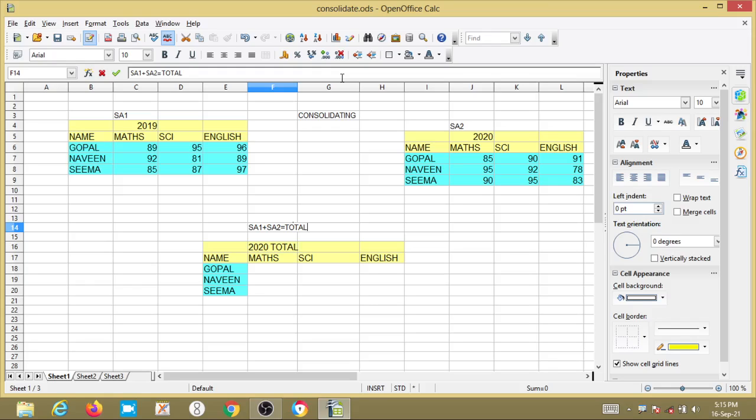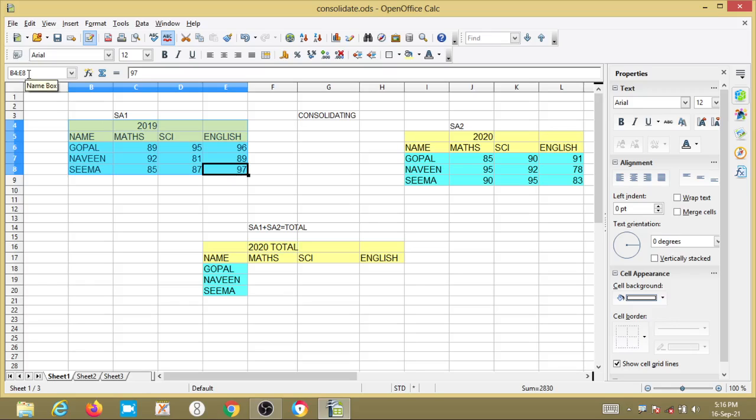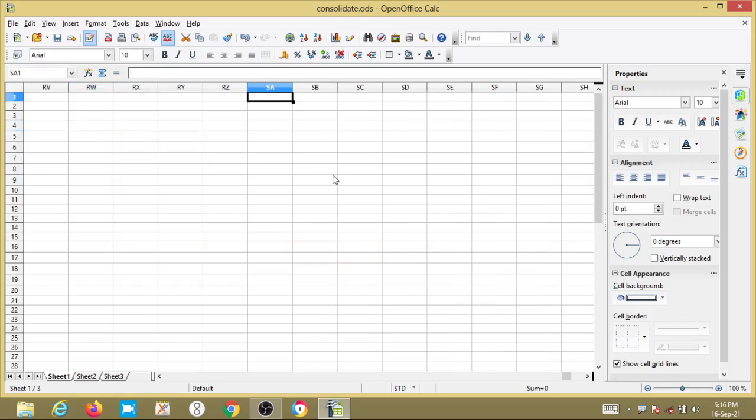For that, first we have to select this table. See the first experiment: select the table. Here the name box is there, give the name SA1, and enter.